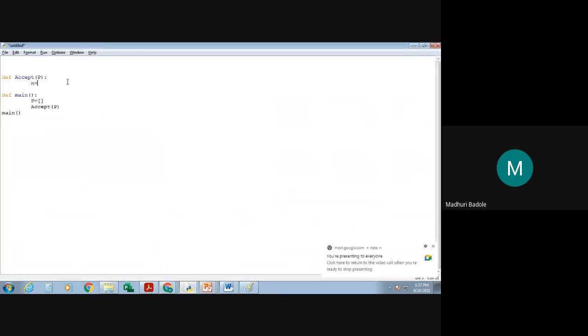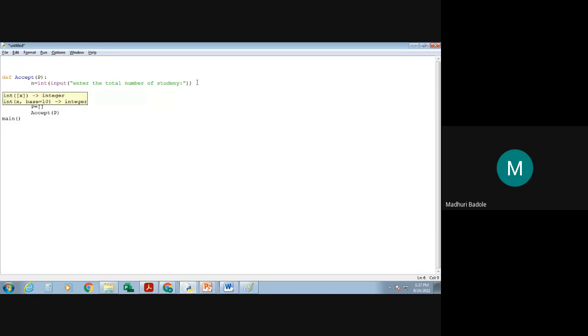Yes. So what you are going to do, you have to enter the total number of students. What you have to enter is the total number of elements. Fine. So I am taking it from the user side, that is the input. Total number of students. By that, you are going to take the input of the total number of students from the user side.